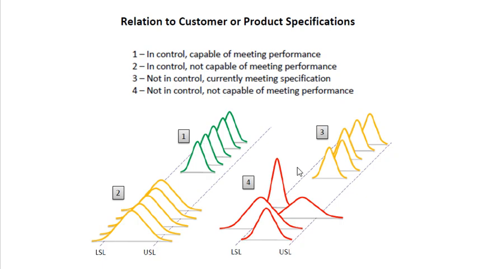So let's take a look at the relation to customer or product specifications. We have 1, 2, and then 3 and 4. Number 1 is in control. See how pretty and consistent it is, and it is capable of meeting performance. Number 2 is in control, but look at this. Your normal distribution got wider here, so it's not capable of meeting the performance. Our goal is like this, but our current process is like this, so it's not acceptable, but still in control. And number 3 is not in control because look at how they're shifted up and down like that. Currently, it does meet the specification because it is still